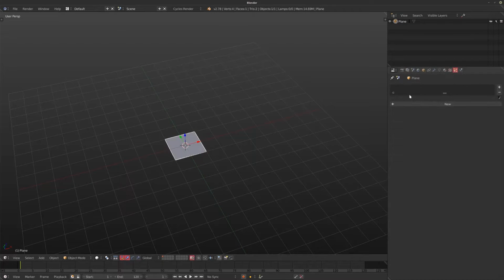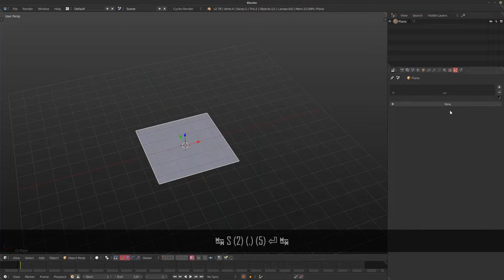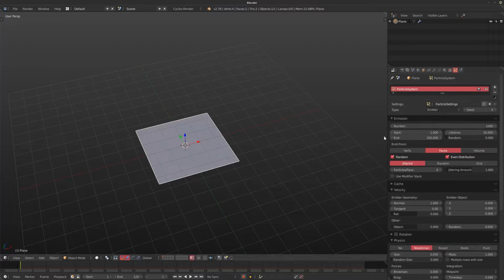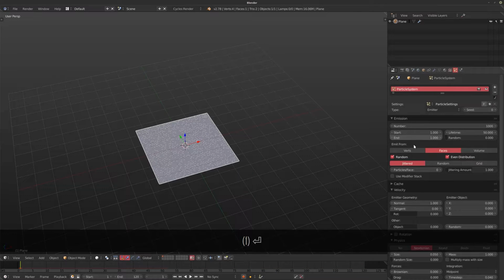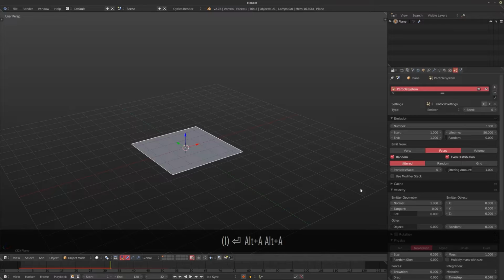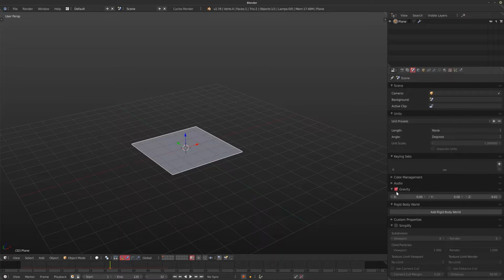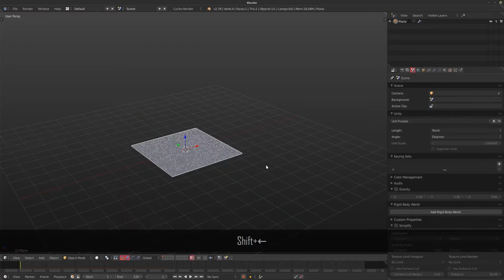So first I'm going to scale this plane up a little bit so it's a little bit bigger. I'm going to add a new particle system to this. Now I'm just going to have everything emit from frame 1 just so we have some very basic particles. Now what I like doing is setting the normal emitter quite low and then turning off the gravity in the world as well. There's two ways of doing this.